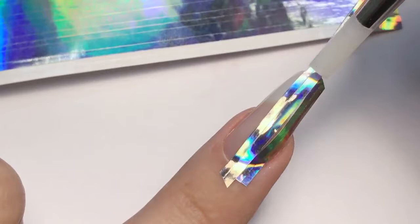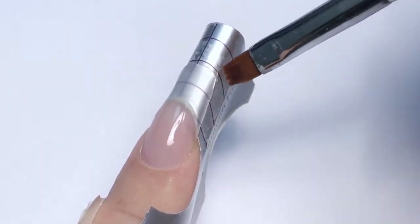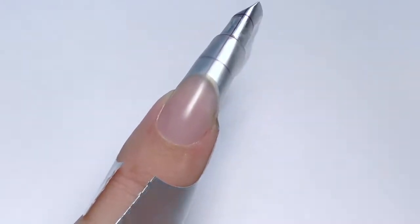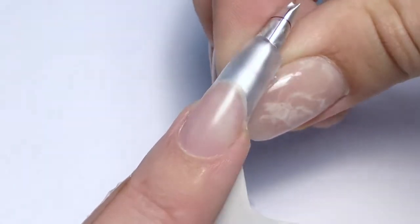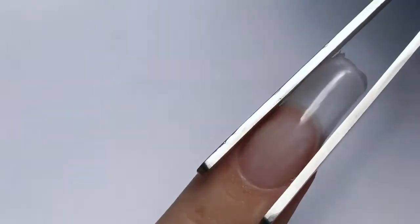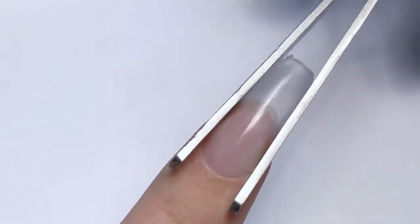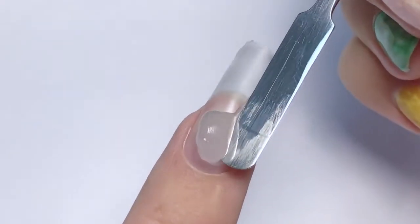Then I will cure it in LED for 30 seconds, which is half of the time, and then take it out and carefully remove the form downwards. Then I will take my pinching tool and slightly pinch it. I just really like C-curves. And then I will cure it for another 30 seconds and continue working, as this nail is too thin now